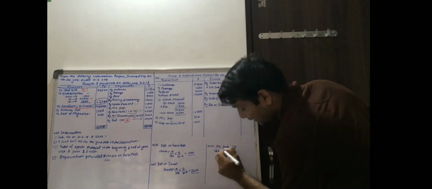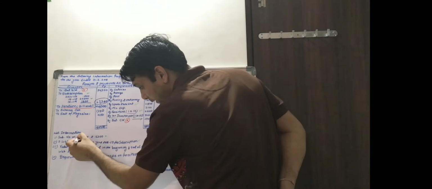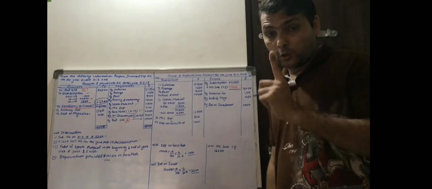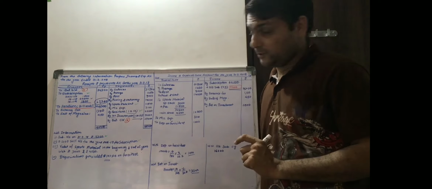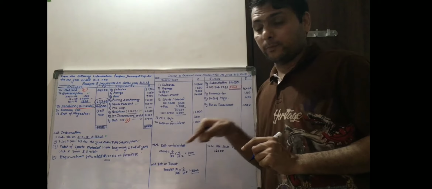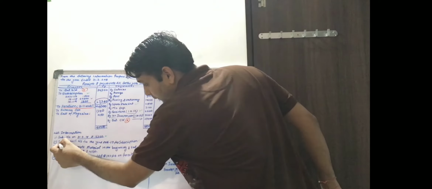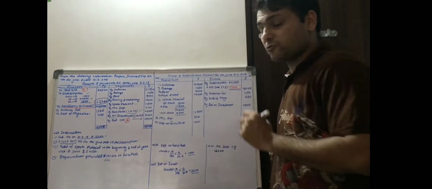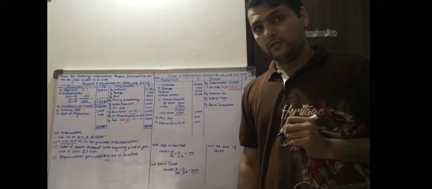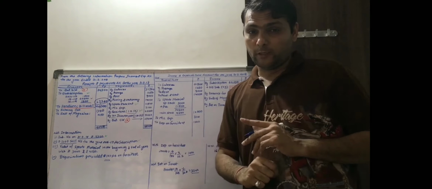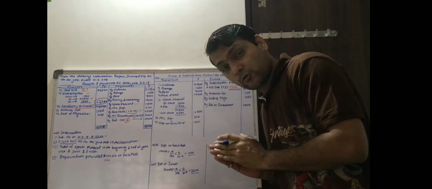16,200. It is given on a particular date. Means on this date, subscription outstanding is 16,200. But remember, this is not throughout the year, but on a particular date. And there is one more related to the previous year. Last year's subscription is still outstanding at 1,200. It means this 16,200 includes the current year outstanding as well as the previous.